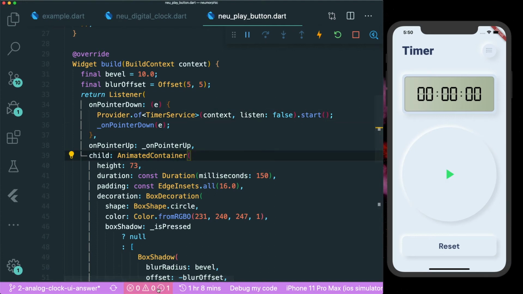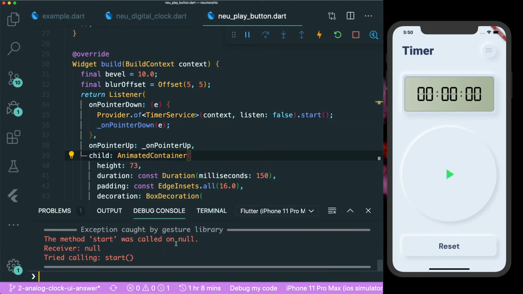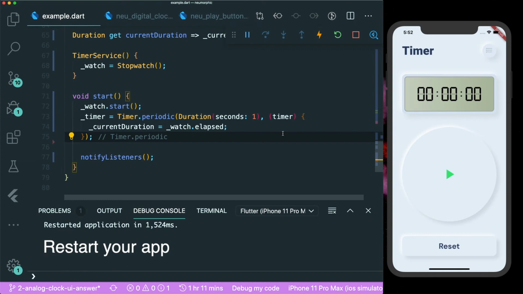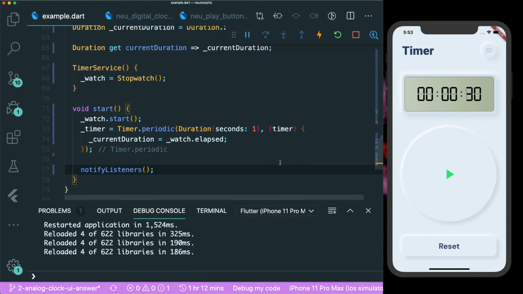Oh, there's an error. The method start was called on null. Receiver: null. Tried calling start. It is not working. There must be something wrong, right? So we are actually missing one line of code. So what notify listeners does is that it only updates our timer and makes our watch start. It is working. You could see that the time is over here, but that means something is not updating, because